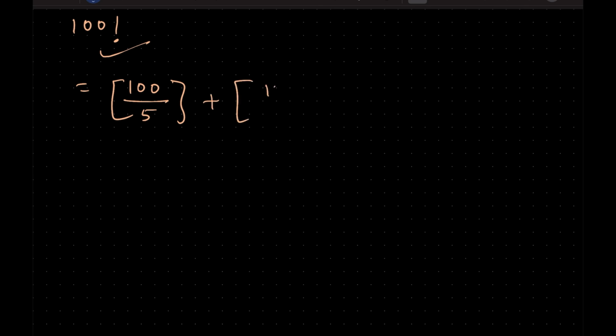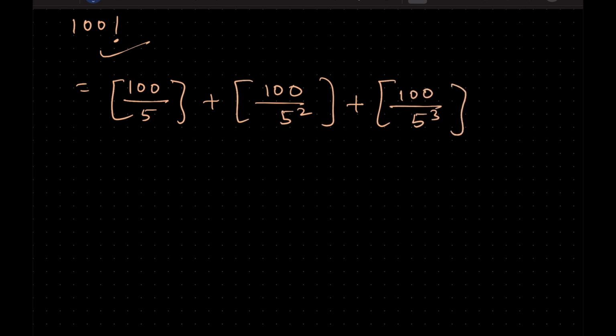So let's take an example. For example, suppose 100 factorial. So we have to find the number of zeros in this. So the formula will be 100 by 5 plus 100 by 5 square plus 100 by 5 cube plus 100 by 5 to the power 4